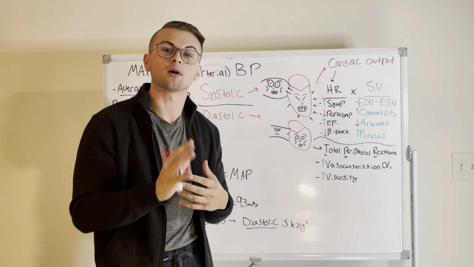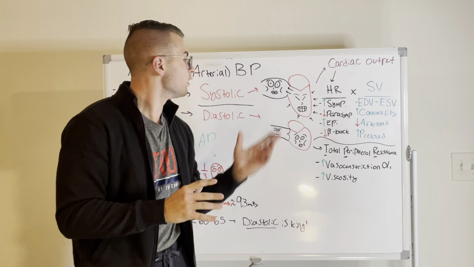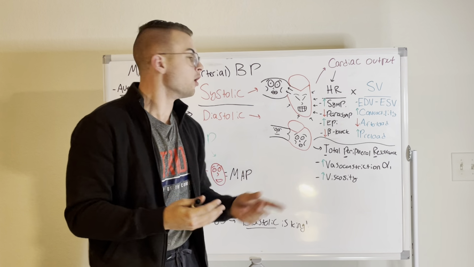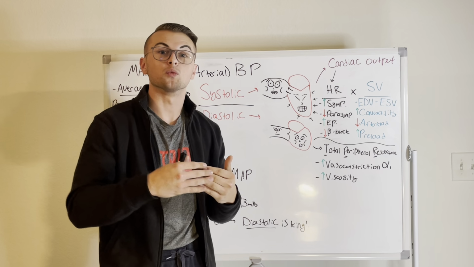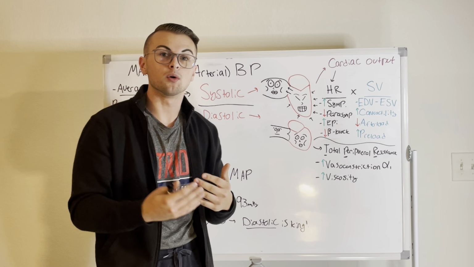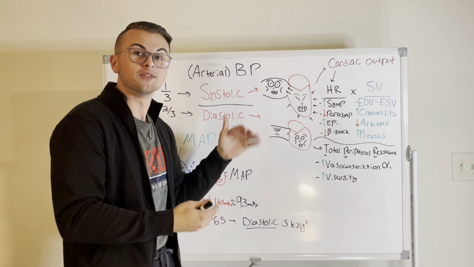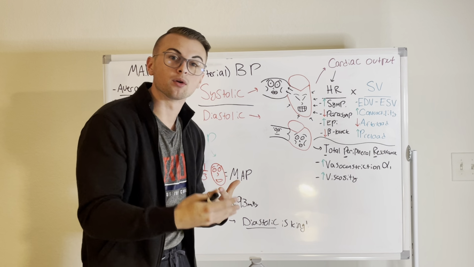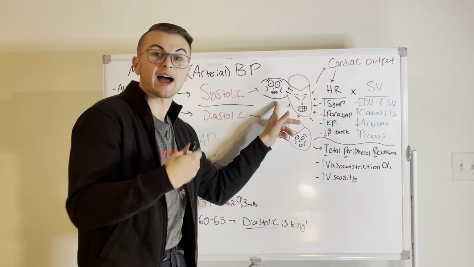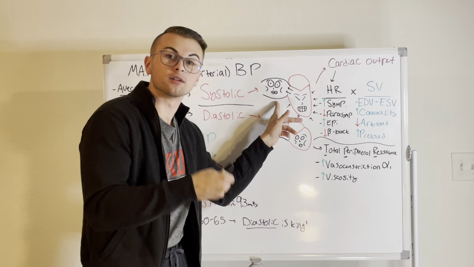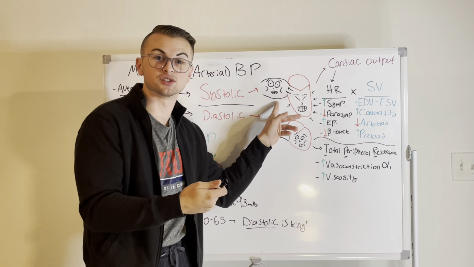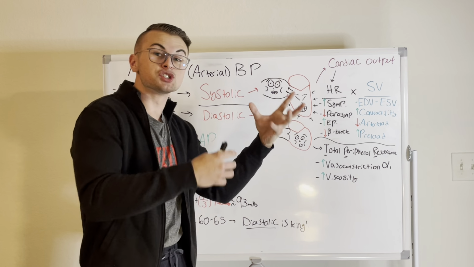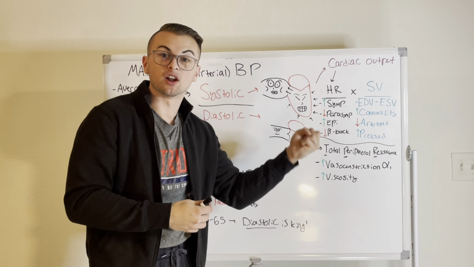So we remember from our previous videos that arteries, they're not very compliant. So with each little bit of blood volume from the ventricles, their pressure will increase tremendously. So this is our top number. This is the maximum amount of pressure that our arteries have to deal with when our heart squeezes. So important. So you can remember this by saying to yourself, this is the squeezing systole number.